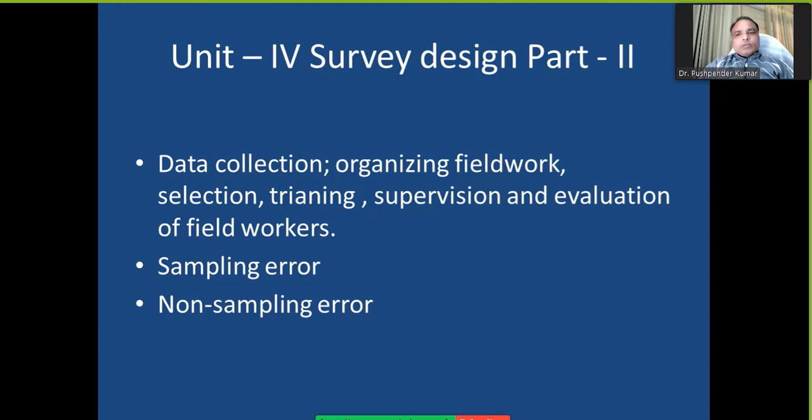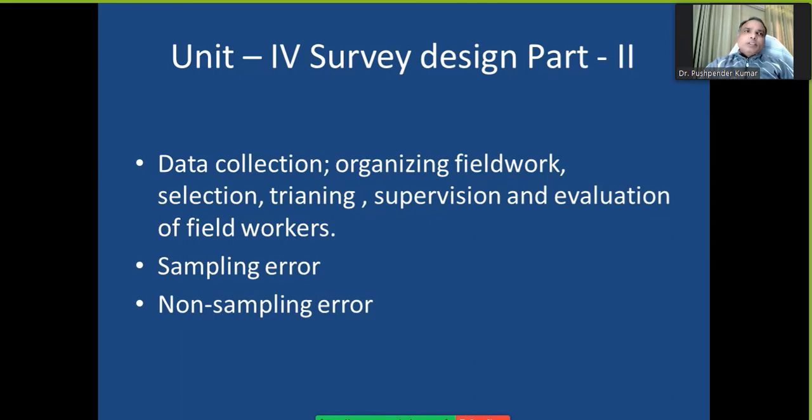So what you need to do, when you already have your questionnaire with you, you know your sample, you know your sampling, who is going to give response to your questionnaire, and these things are clear to all of you. Now the second thing is who will collect the data on your behalf. So if you have sufficient funding, when you receive funding, it's clearly mentioned in the clause or scheme that you can hire a few people who will assist you in desk work and field work.